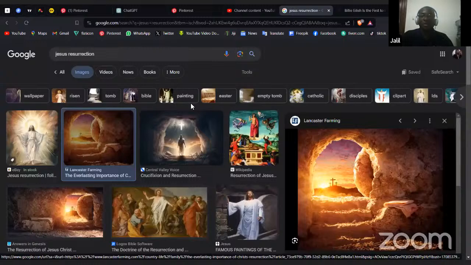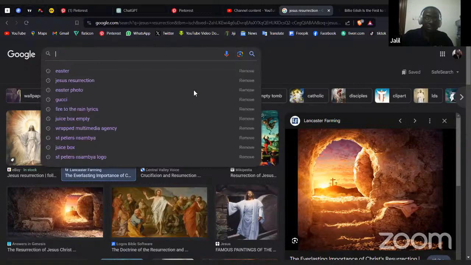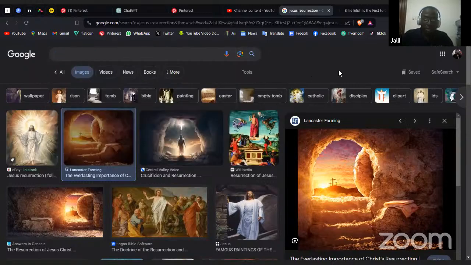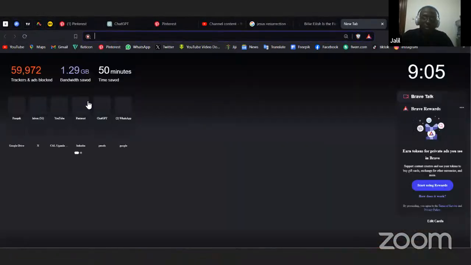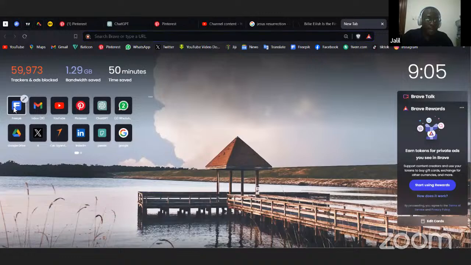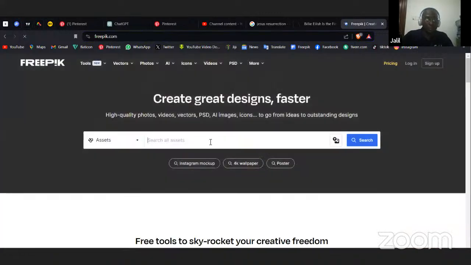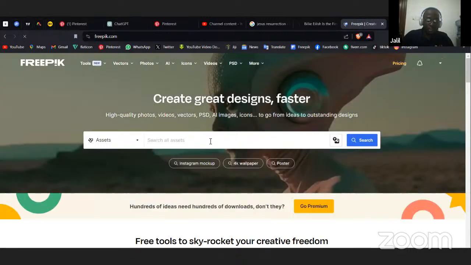You have to know how to use the internet and quickly get all this content in time. In this case, there's a site that designers commonly use called Freepik. I want us to go and see whether we can find Easter elements. So if I put in Easter,